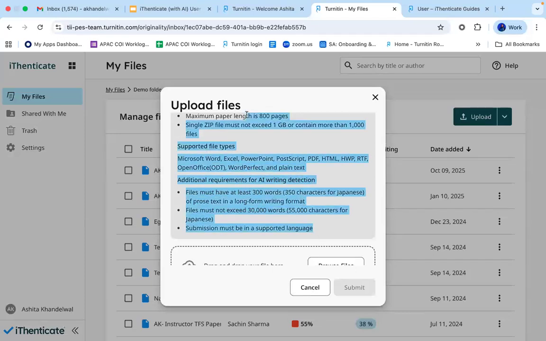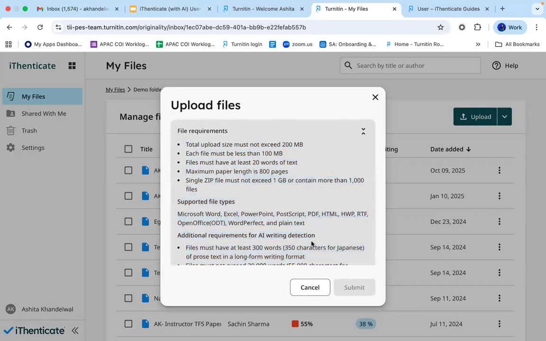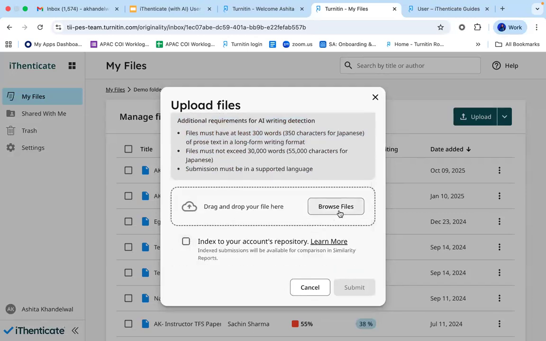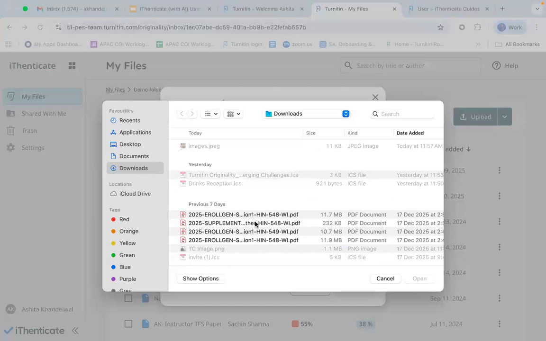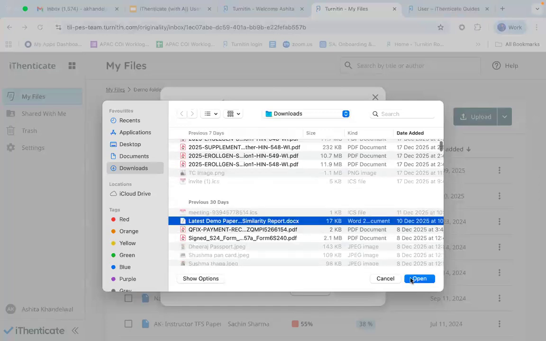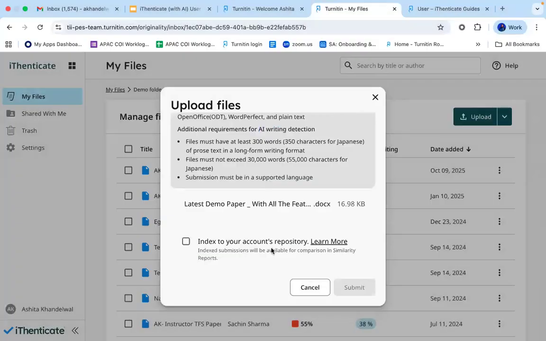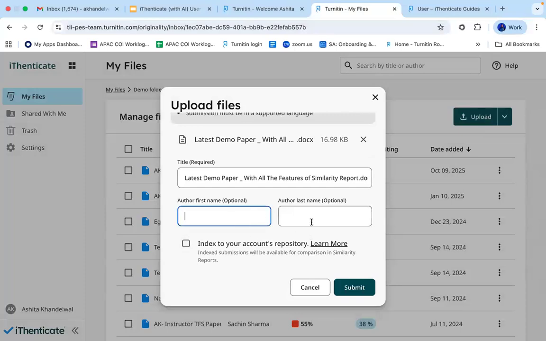So do check these file requirements, and then you can simply browse your file from your computer, add the author's first name and last name if required. Now, in case you see this particular option coming, it will be based on whether your administrator has activated the setting for you.